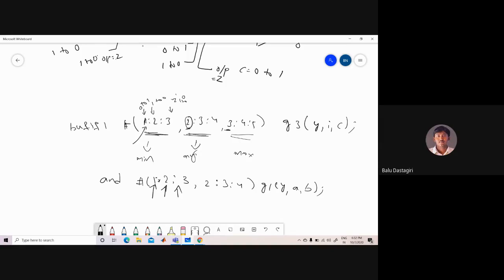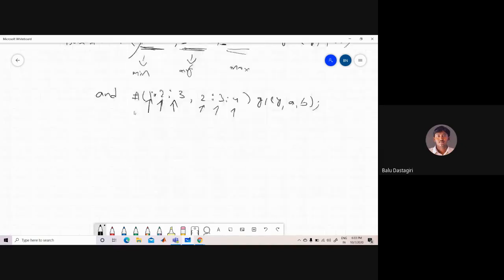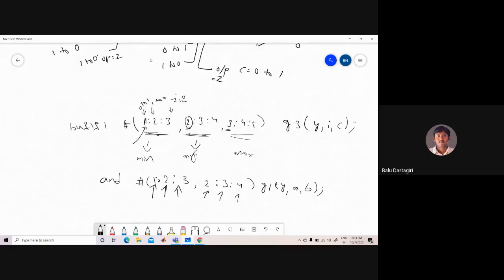Similarly, whenever the output is going, that is the fall time, whenever the output is coming from 1 to 0, the minimum delay is 2 time units, the typical delay is 3 time units, and the maximum delay is 4 time units. So this is how you can specify the different delays associated with the AND gates.